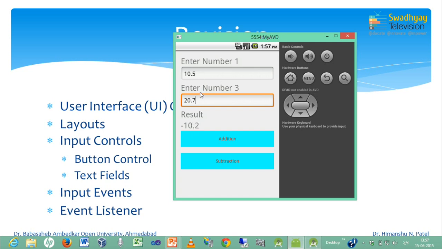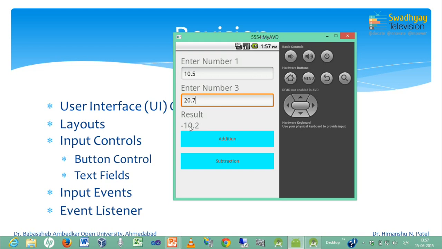2 edit text control, and here you can see 2 buttons with caption addition and subtraction. Whenever I press addition, it will give me addition of these two numbers entered by user, and when I press subtract button, it gives me subtraction of number 2 subtracted from number 1.